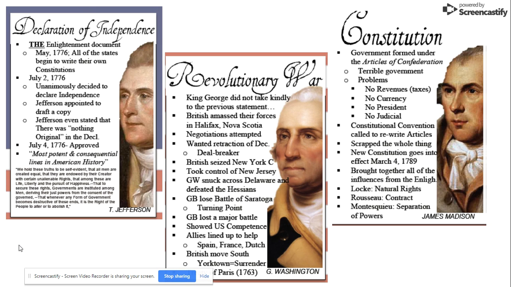So not saying that the American Revolution wasn't revolutionary, other than the fact that we got independence and we changed the government type. Nothing else really changes. Like I said, the same people are still in charge, so nothing really revolutionary happens as a result of the American Revolution, except America.